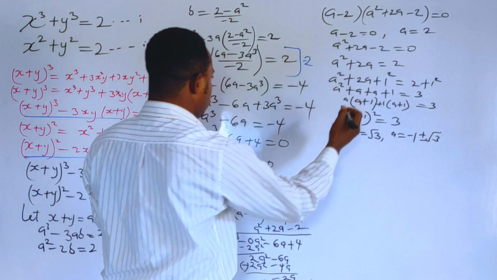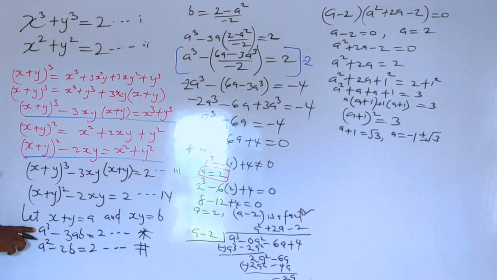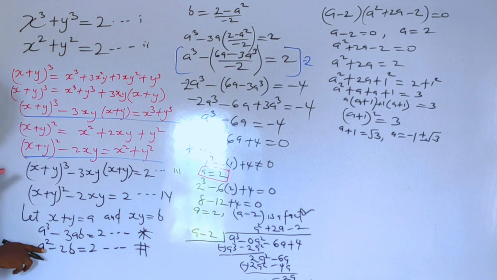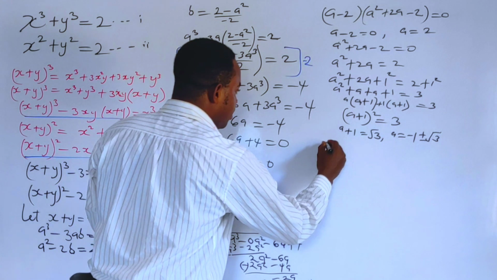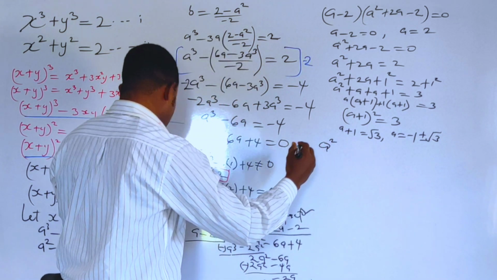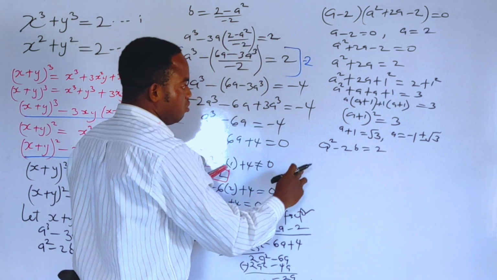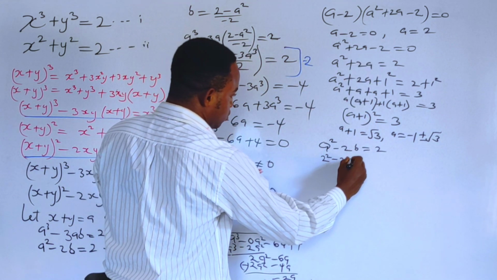Now, when a is equal to 2, what is b? So we use this first equation, star, here to obtain all of those solutions. So let us make use of the second equation here to obtain the value of b. So we have a raised to the power 2 minus 2b is equal to 2. So we have our a is equal to 2, so I'll put 2 raised to the power 2 minus 2b